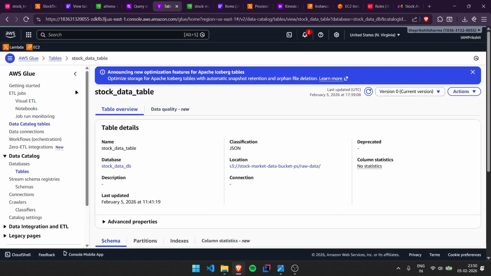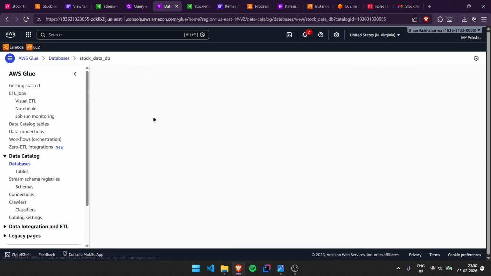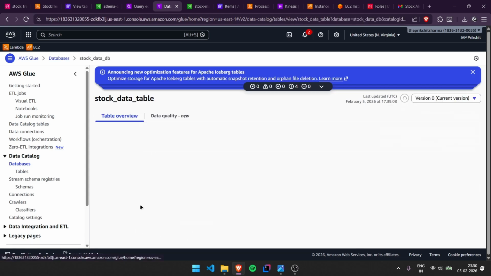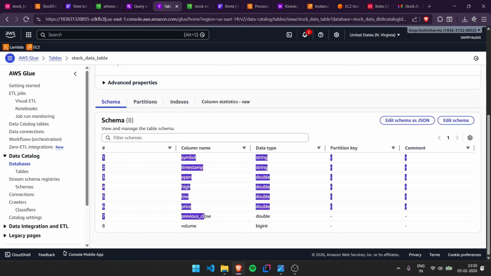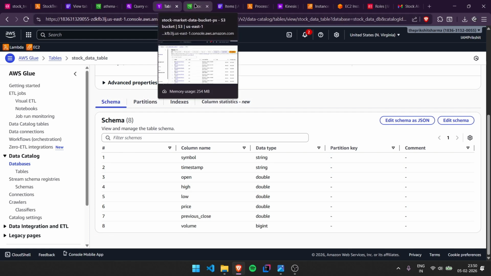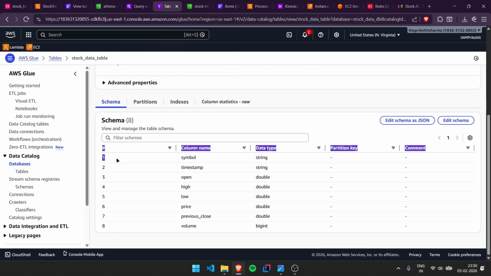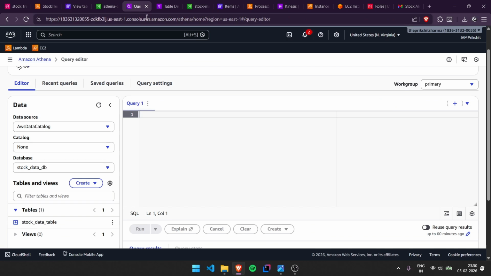So now we have created an AWS Glue catalog table. In this we have a database as well. So we go inside it, we have a table, and I have defined a schema. So this is the schema. Basically, what it does is it gets the raw data from S3 and converts it to this kind of structure, so that when we try to query it from